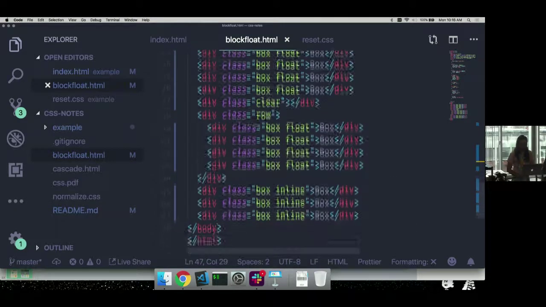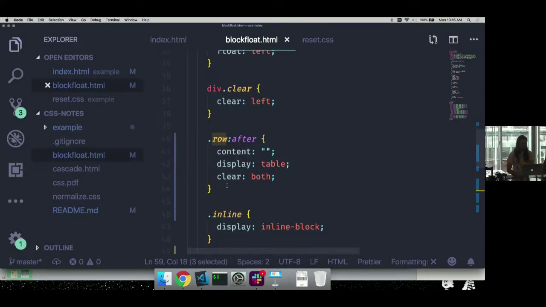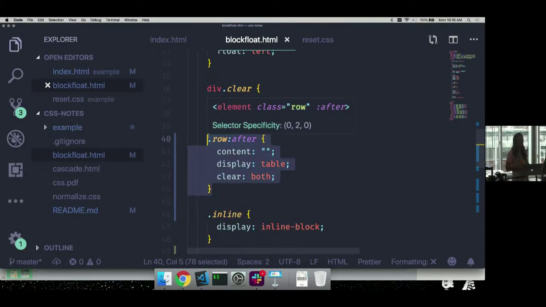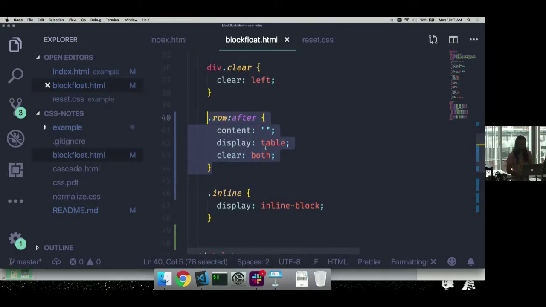Another option is here, this row. The clear fix used to be the best solution, and when we say the optimal solution, it's because older browsers support it. But then newer browsers support newer properties, so as those older browsers go out of use, the clear fix becomes less useful to us. We could start to use some of these other ideas, like the inline-block one, or here,